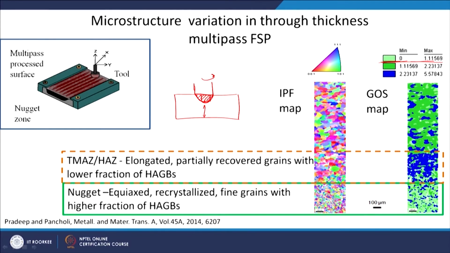Okay. So, very nicely you can see how the different microstructural regions will be there in the material because of the processing. So, if you want to process the whole sheet, of course, I will extend the pin. Okay. Of course, there is a limit to that also, but for example a 5 mm or 6 mm plate, you can easily do friction stir processing using a pin of 5 mm or 6 mm.